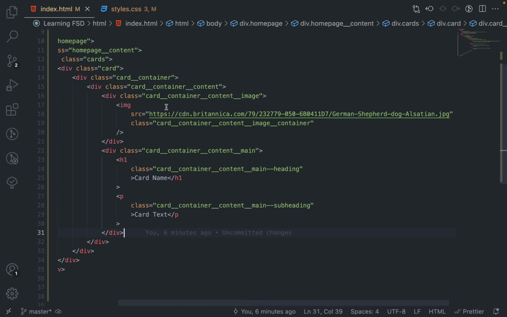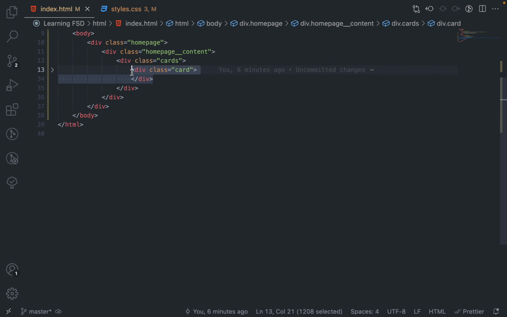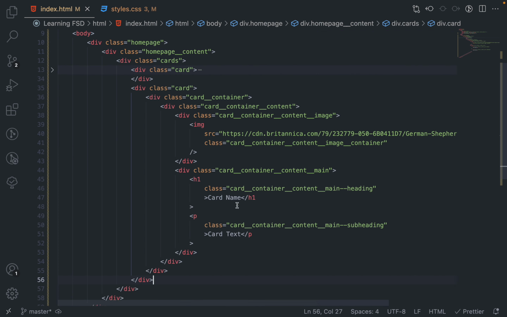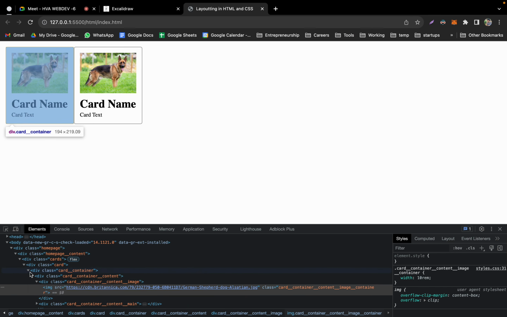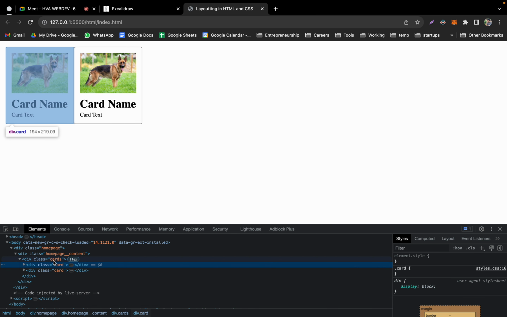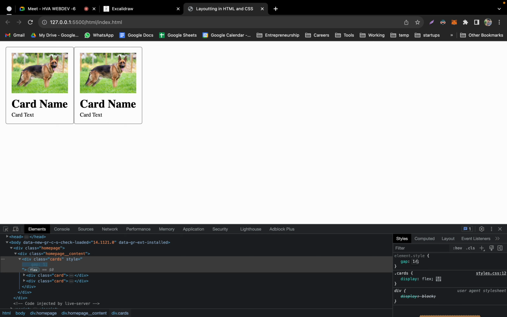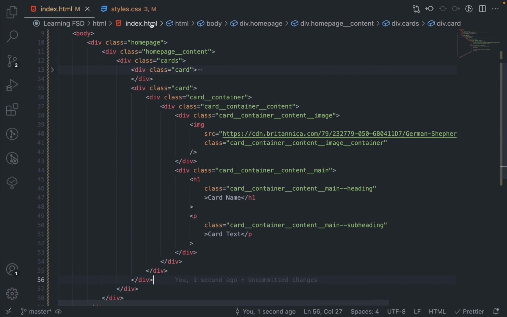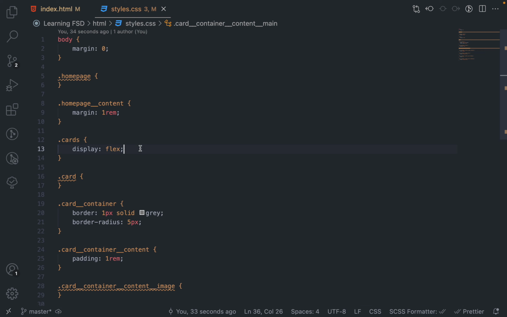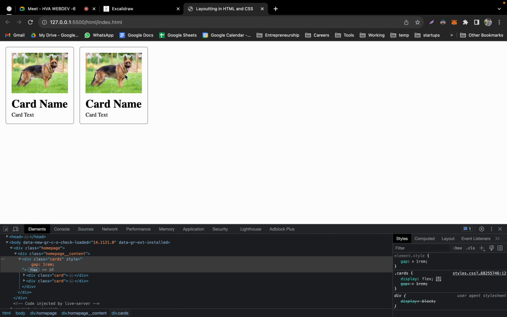Anyways, let's do one thing. Let's create another card here. Let's create another card. So the card is created. How do we fix this? This is our card. These are two cards. On card there is something called gap property. 1 rem we give. So 1 rem got added here. Okay. So on cards, how much we are giving? This much we are giving.